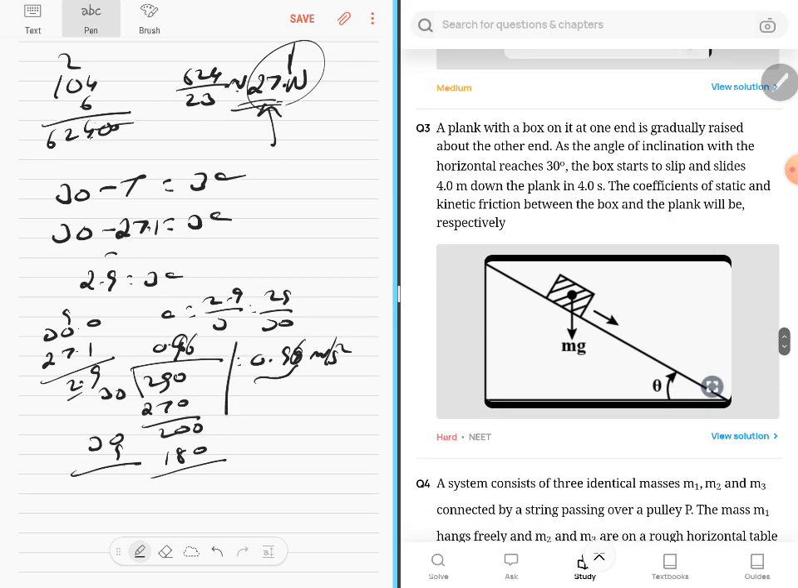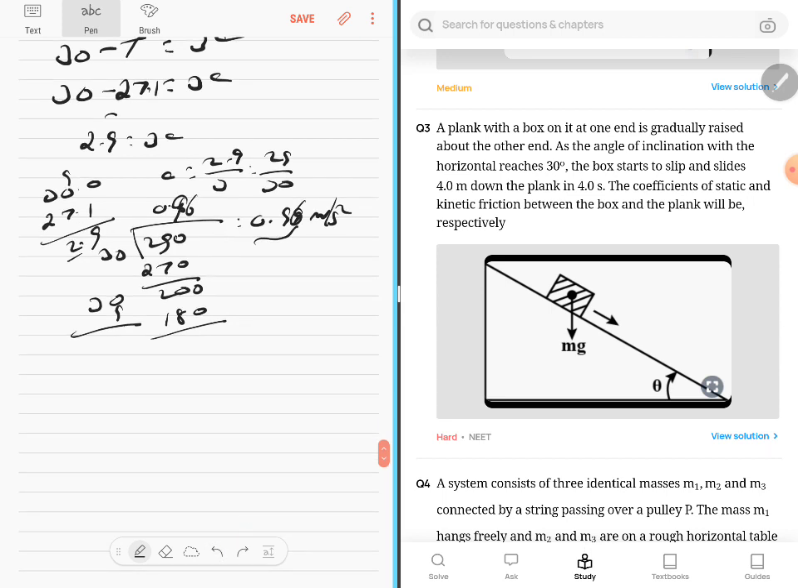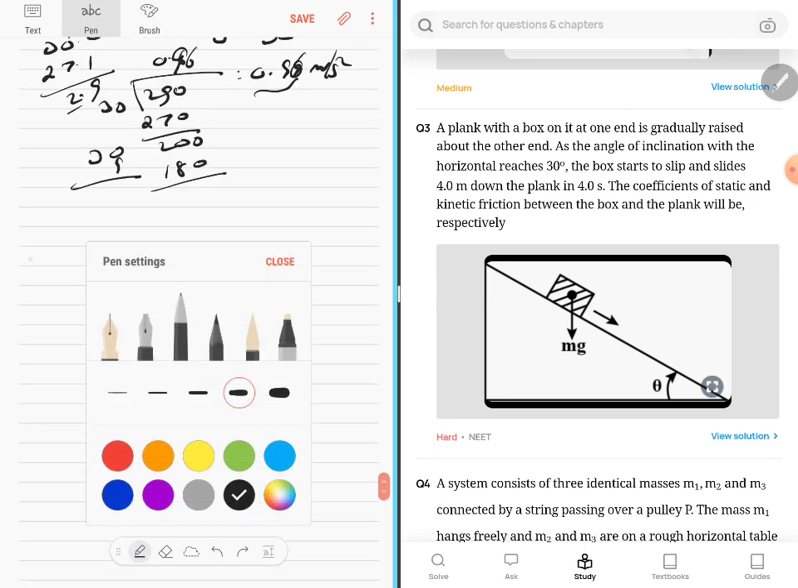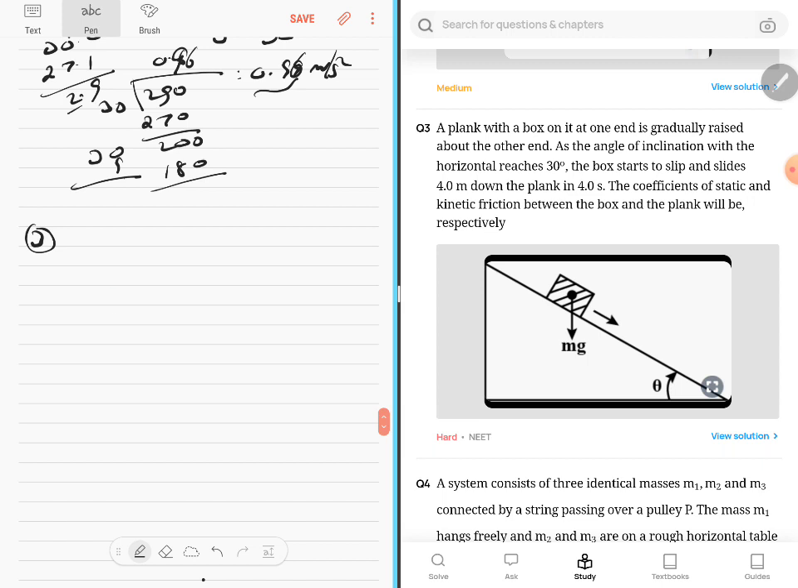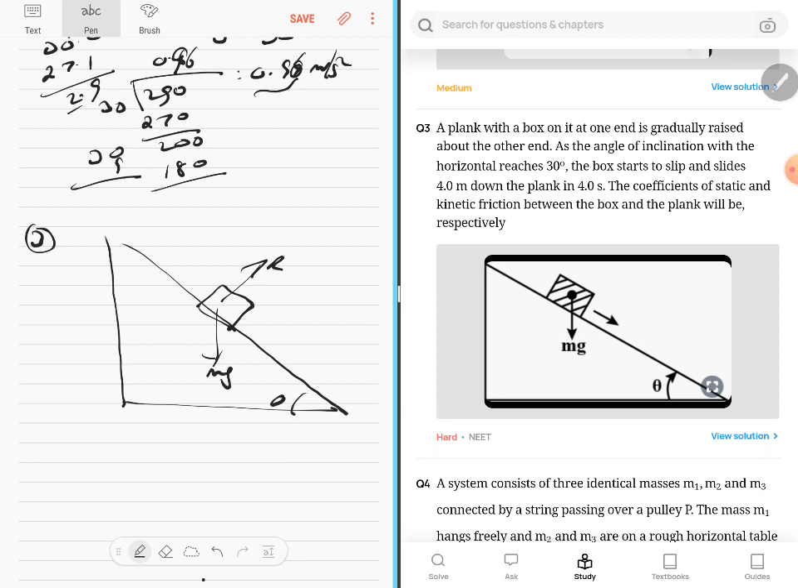Okay, let's go to the next question. The third question: a plank with a box on it at one end is gradually raised about the other end. So you're raising this plank. The normal reaction will always be like this, and mg will be down, that you know. And there's a theta which has been given. As the angle of inclination with the horizontal reaches 30 degrees, the box starts to slip. That's what is called the angle of